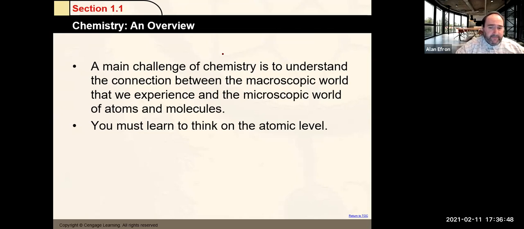When we think about matter, as we'll see and talk about, matter is pretty much anything that occupies space and has mass. So pretty much everything around us is